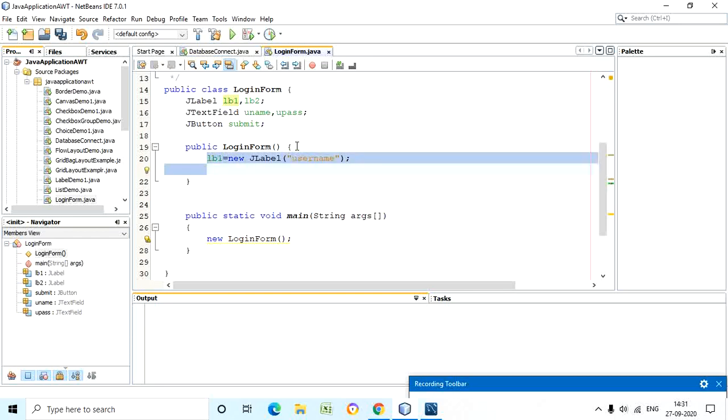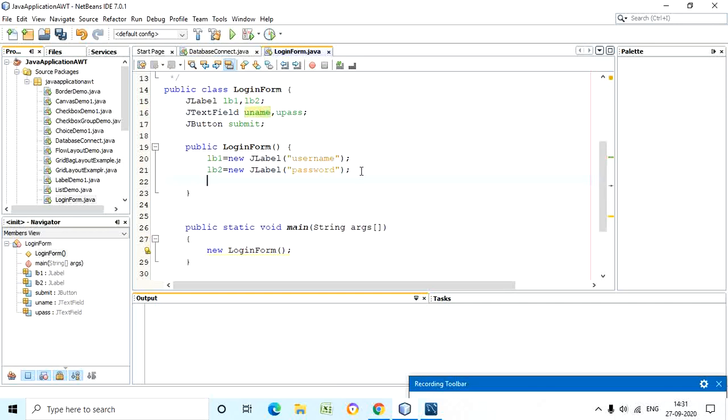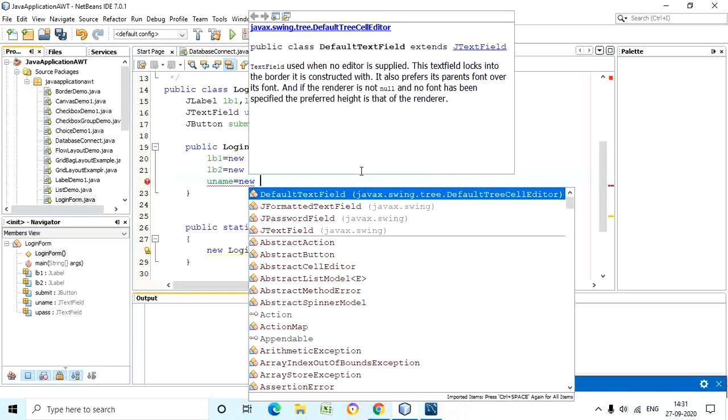You can do it easily. You can copy this and you can just change it. Then my second label is for password, then I can use it in this fashion. It's a password, that is lb2. Similarly, you can construct or initialize other objects also. Uname, it is a text field, so new J text field.